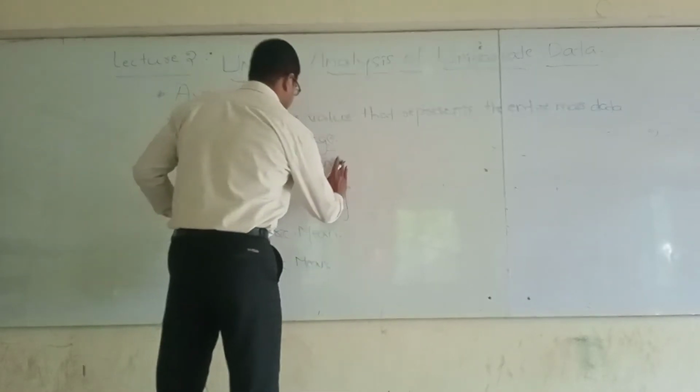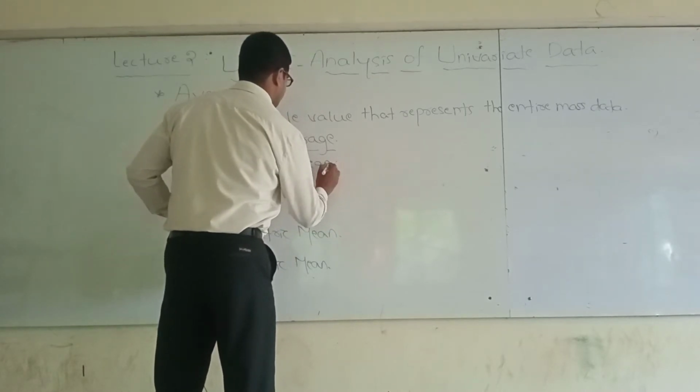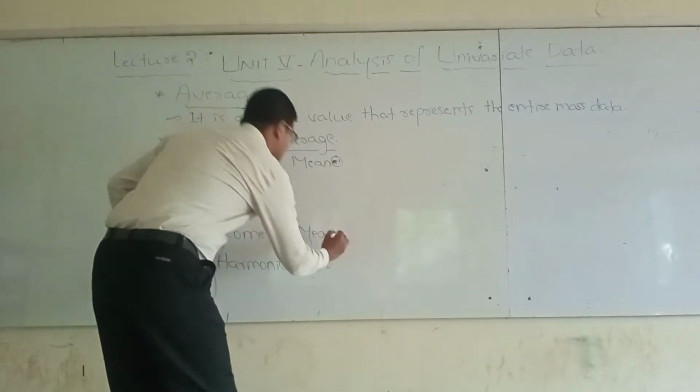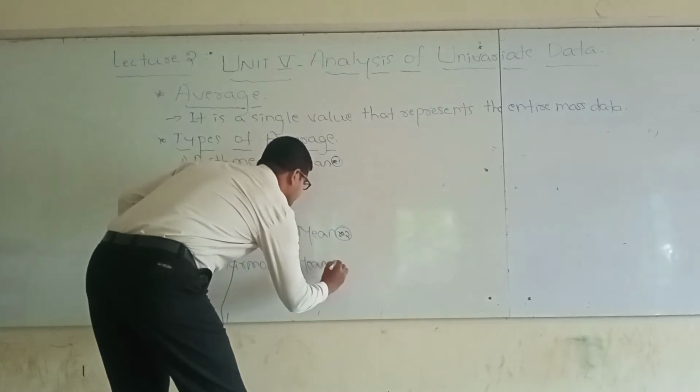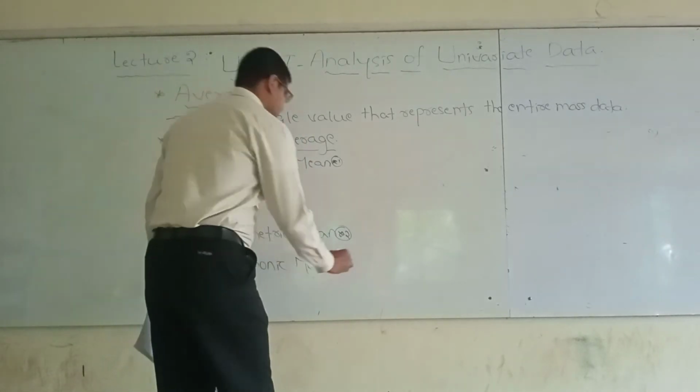Arithmetic mean I take as star 1, so that you can easily understand: star 1, arithmetic mean, geometric mean and harmonic mean. These three are mathematical